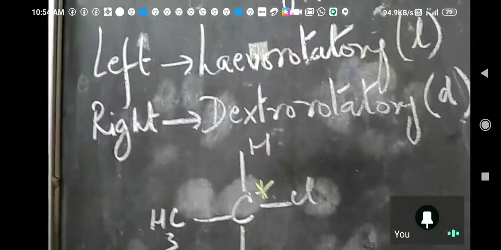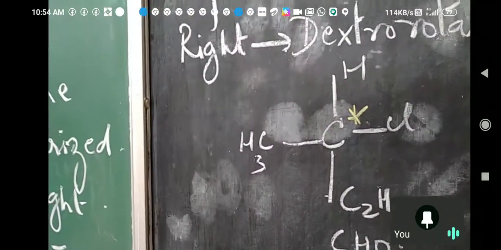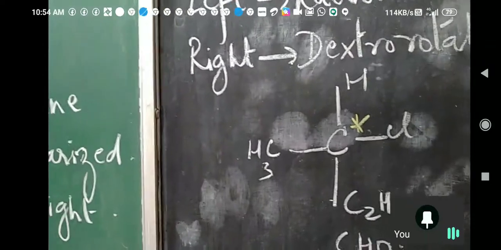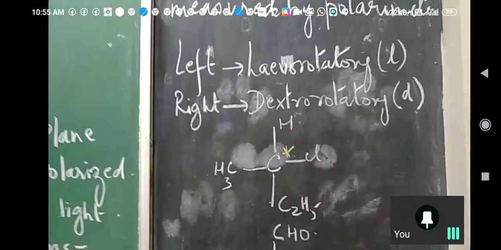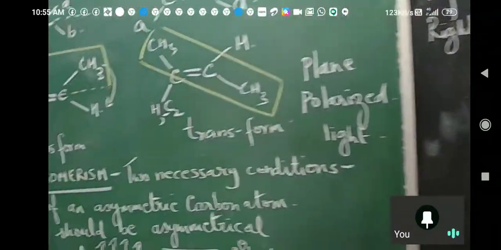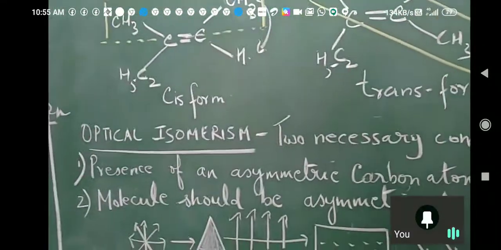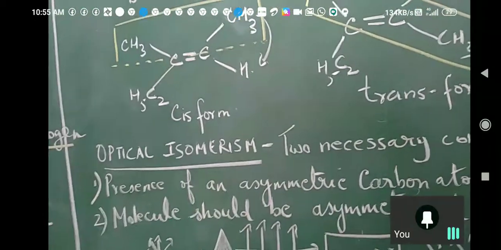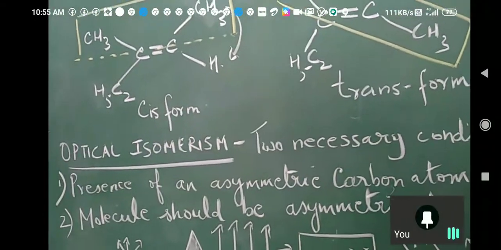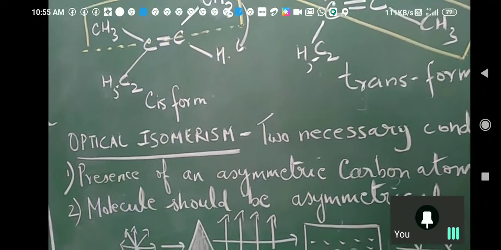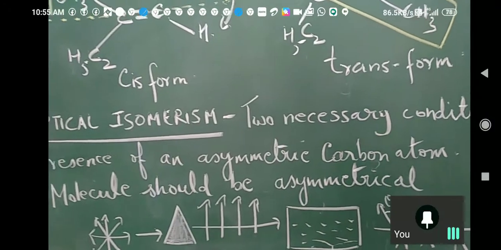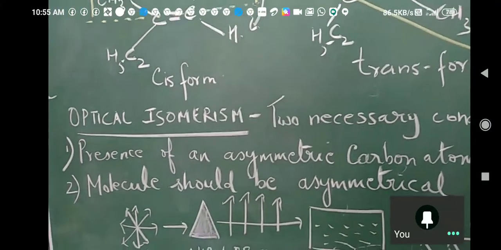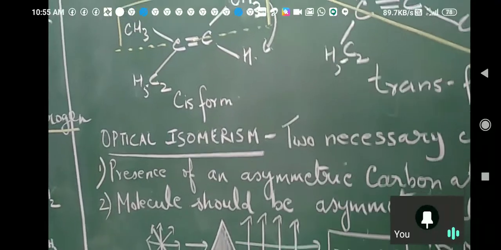Now see, what are the two necessary conditions? You know when a molecule will show optical isomerism, if such a phenomenon is observed, if it is making the plane of polarized light rotate towards left or right. Fine. Now come here. What are the two necessary conditions? Several molecules are given to you and you are asked in competitions, this type of question is asked. A number of molecules are given to you and you have to tick mark the molecule which is optically active. Okay.